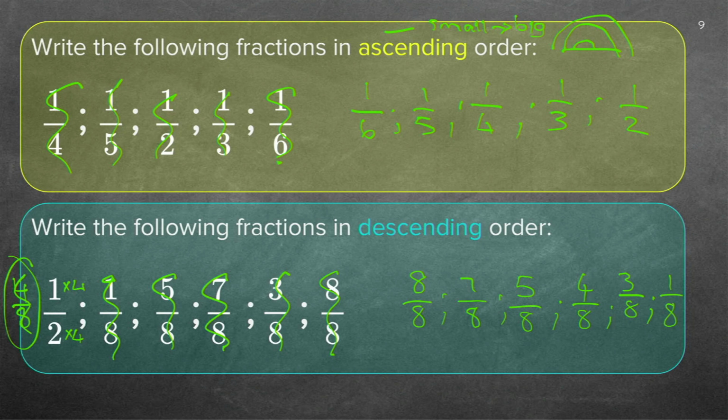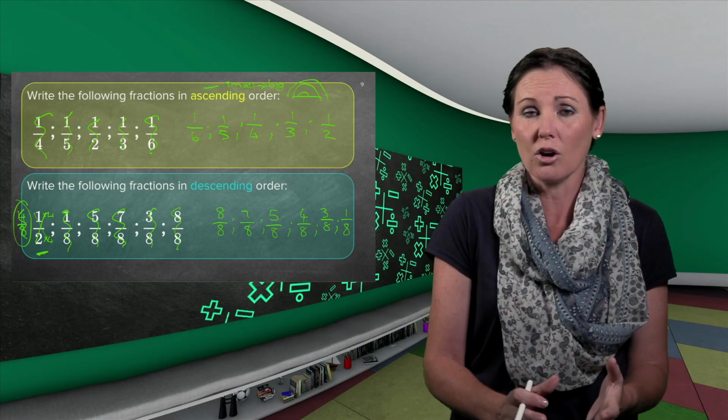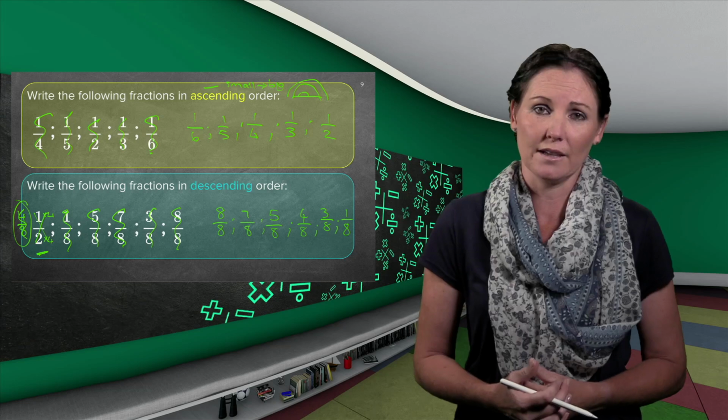I actually almost got confused and I'm like, oh my goodness, I forgot about the half. You can always cross it out with the pencil so you will remember, oh, I made it with the same denominator as the rest of the fractions, so I don't have to use the half. The half is the 4 eighths that I'm going to use.